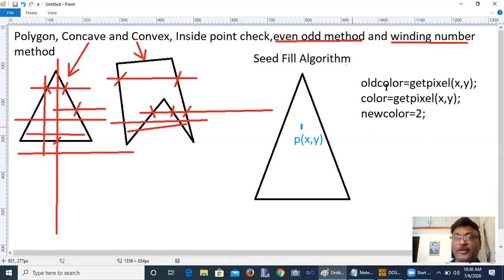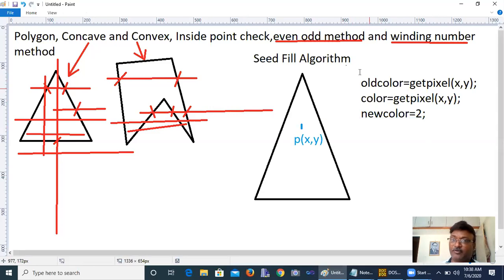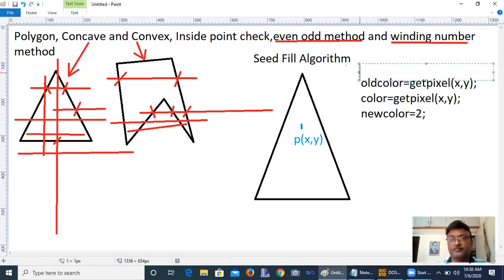Now, what are the variables? First of all, old color, then color and new color. These are the variables you can use. Old color: get pixel x y means this get pixel function returns the color of that pixel.